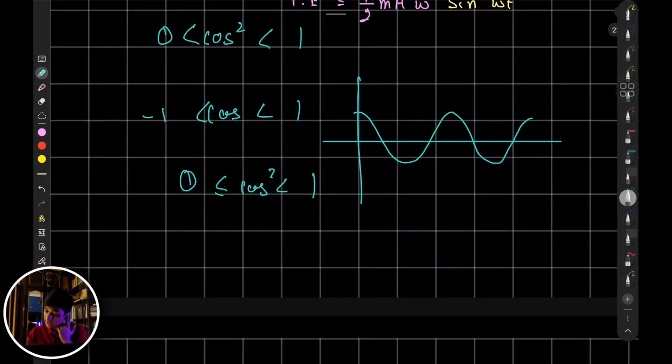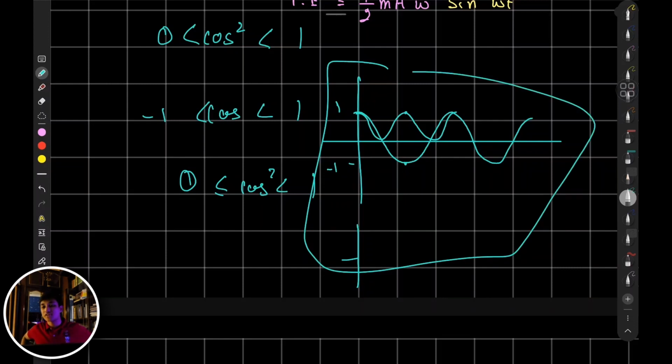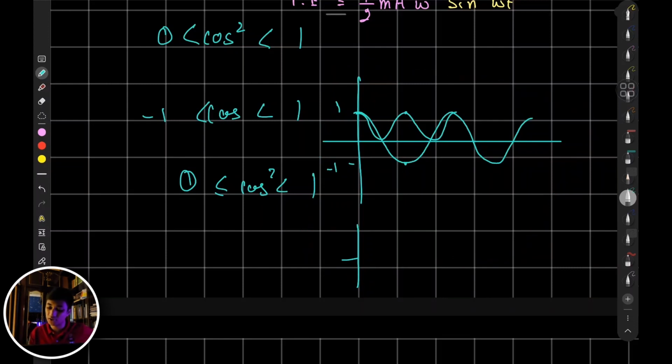Now, if you take the square of all of the values, you're going to get this value, which is, let's say, -1. This, let's say, is +1. This -1 gets over here. Okay, so this is how we get the cos square curve. When you square this value, you get a +1 value. When you square this value, the value you get is over here. When you square this value, you get a value that is over here. When you square this value, you get a value that is